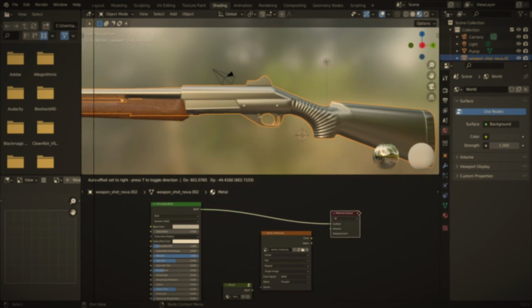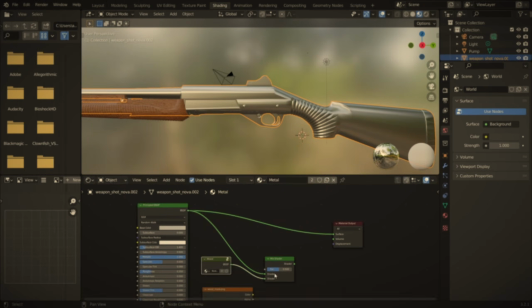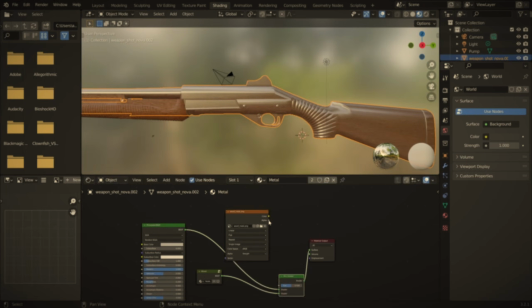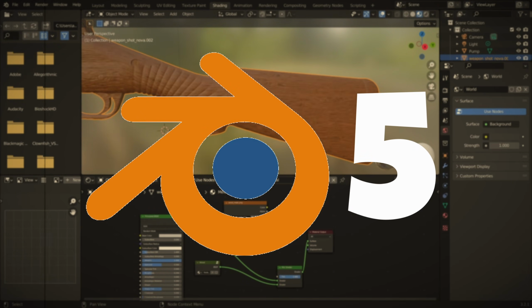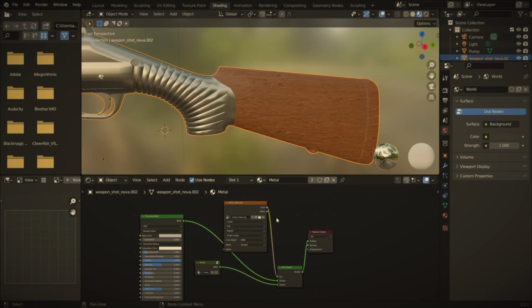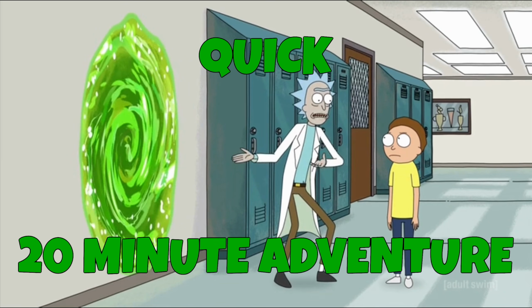It's been 2 years since I created the full CS2 skin creation tutorial. So now with the release of Blender 5, I decided to treat you guys with a new quick tutorial using the new Blender version. And by quick, I mean quick. I'll try to cover all the basics of CS2 skin creation in this video, and I'll do it in less